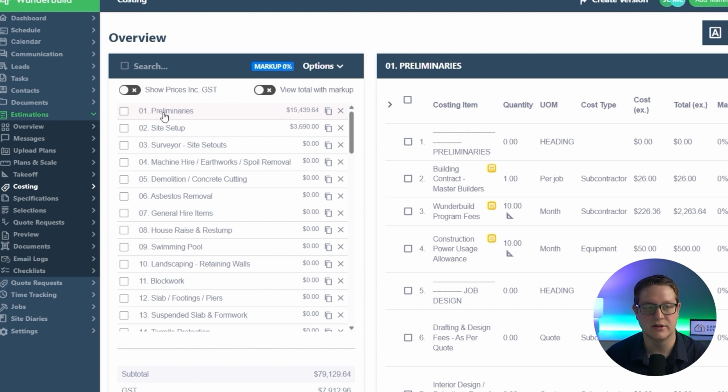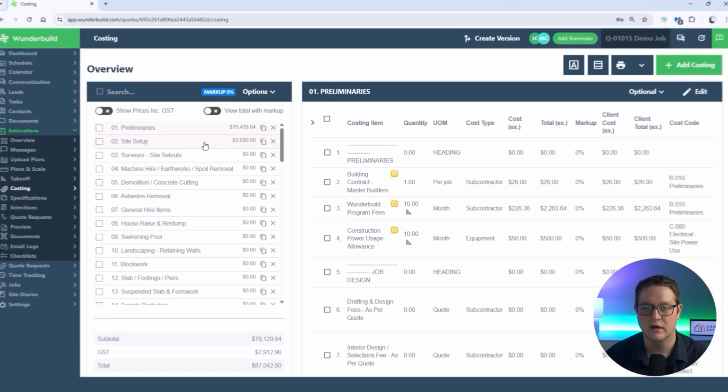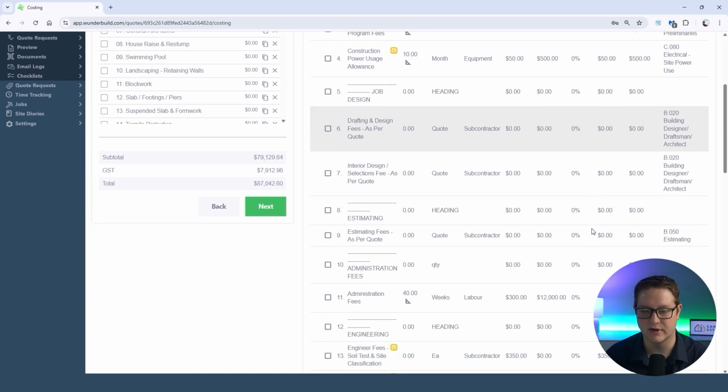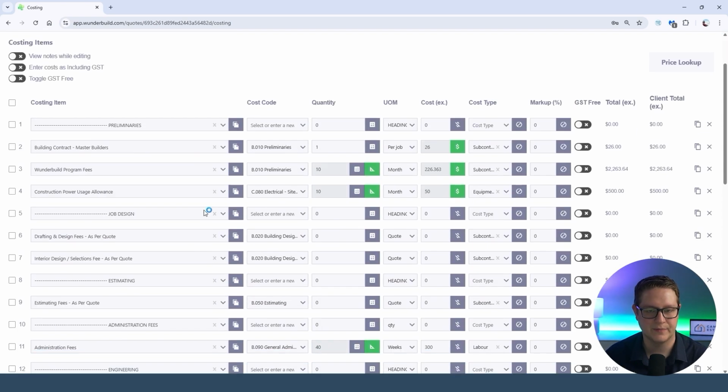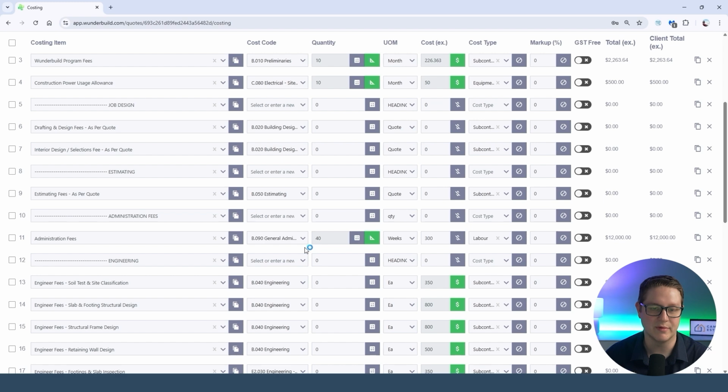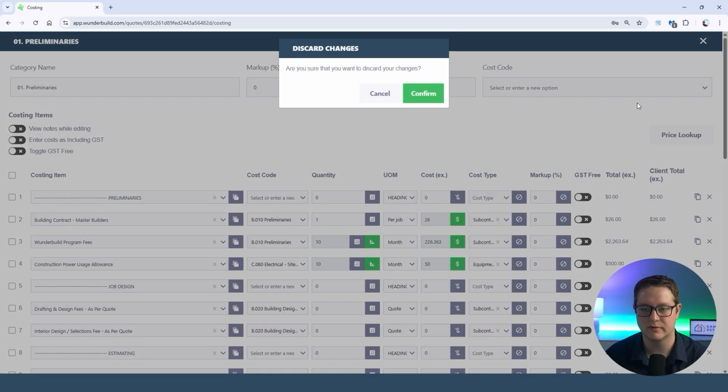So in here, you can see preliminaries. We've got things coming across like Wunderbuild program fees, construction power usage. We've got other products. If I go down further, I might just click edit so it shows up a bit nicer. So I've got other products. We've got admin fees, which is coming across as well. If I close that,